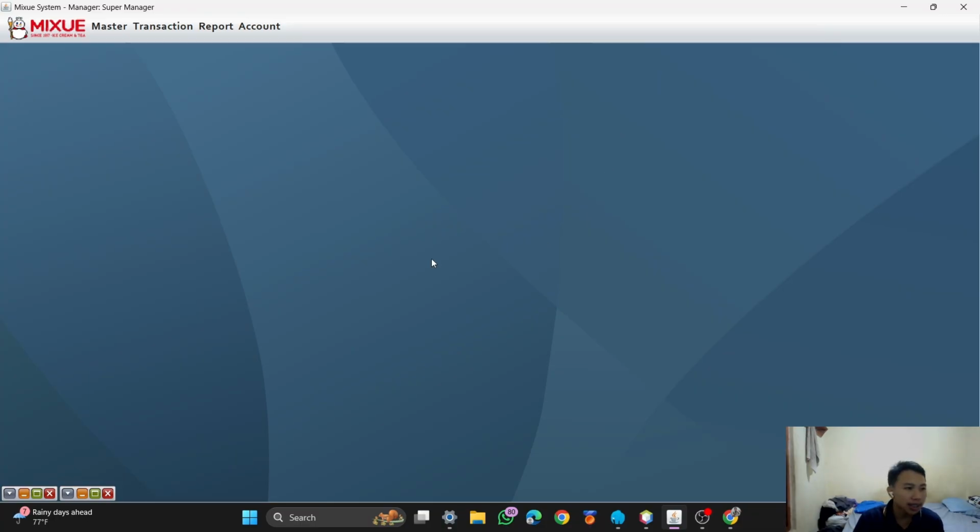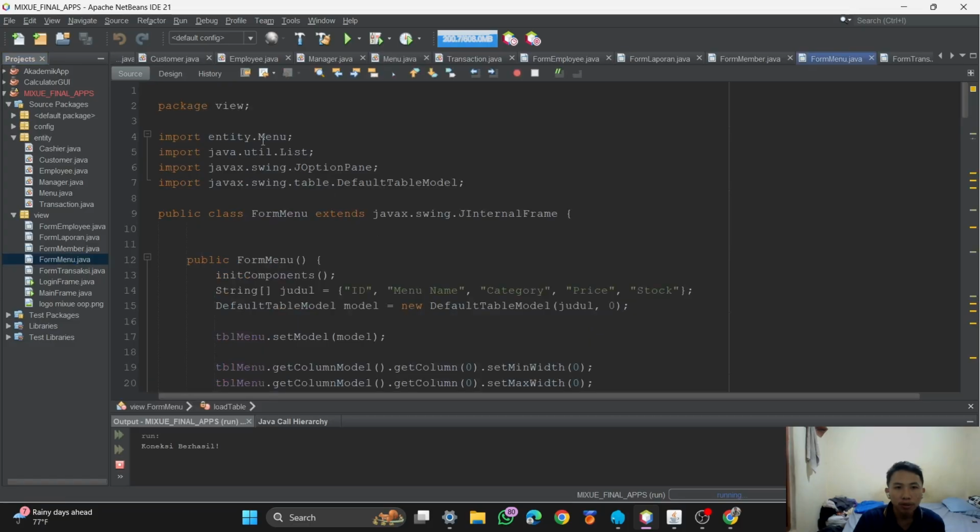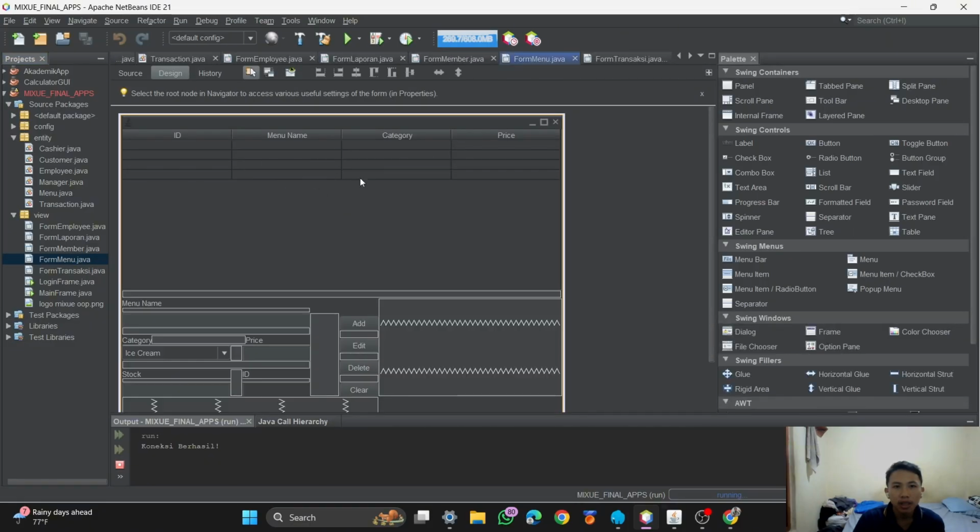Okay, let's check the code. At first, this is the menu class, Menu.java, in the package entity, and the form or UI of the menu is in the view, the form menu design.